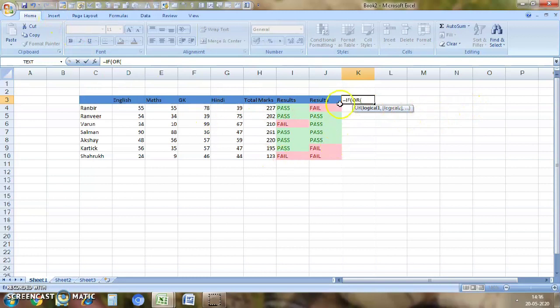In this one, if only one logical test meets, what will happen? I'll copy this and paste it here. I'll just do some changes. Yeah, so I'm going to write the IF formula now.